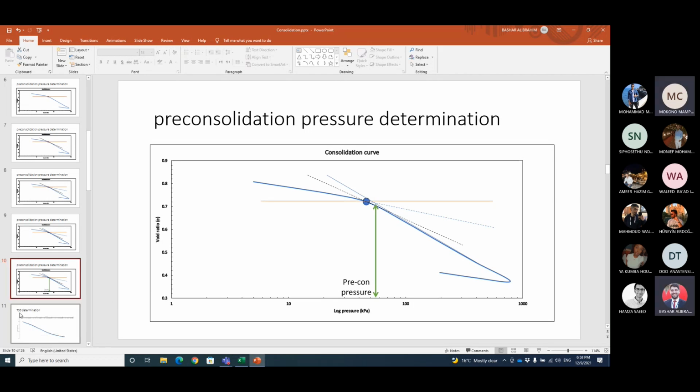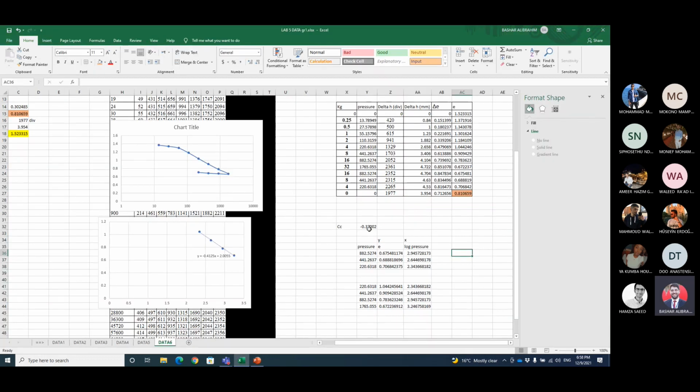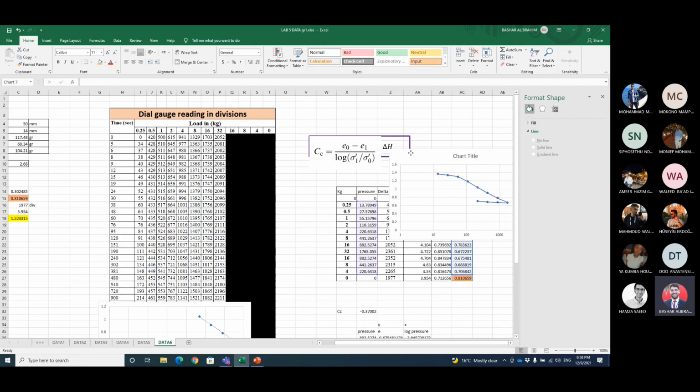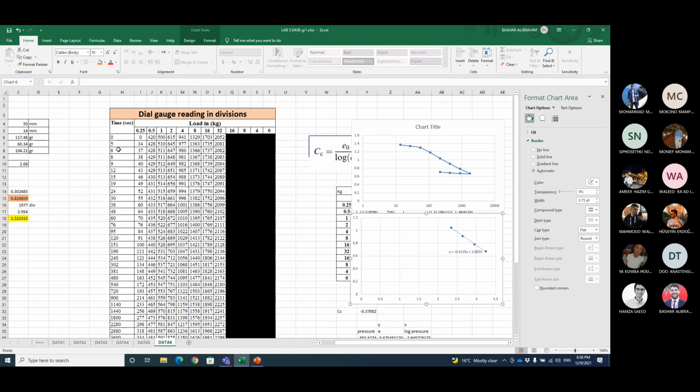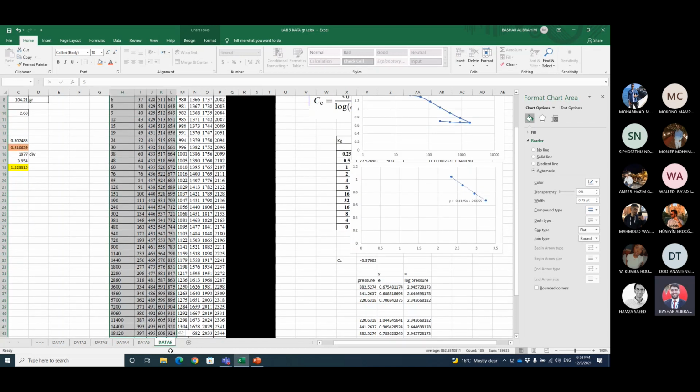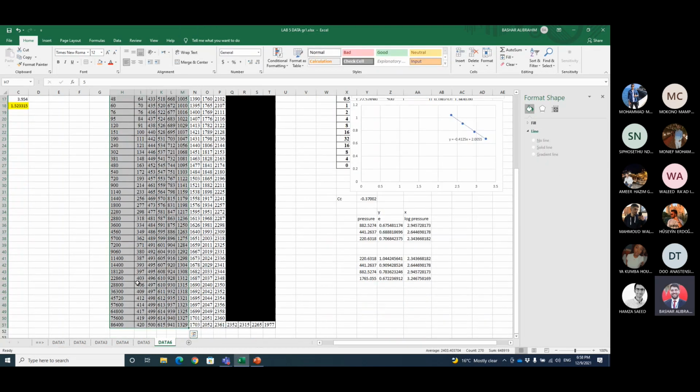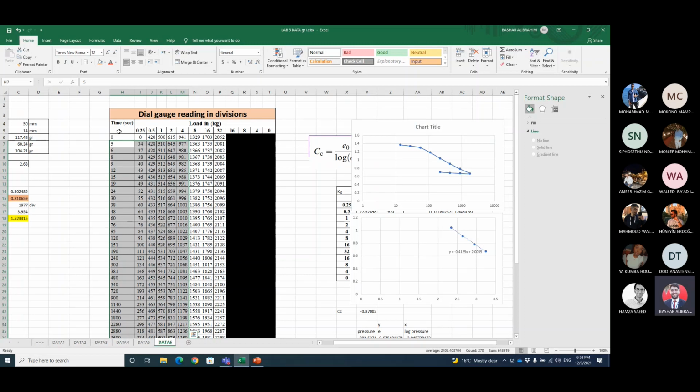Okay, now we need to do T50 and T90 to find the coefficient of hydraulic permeability and the coefficient of consolidation. As you can see here, we have a lot of data in this data sheet that we didn't use. Why did we take it then? So first of all,